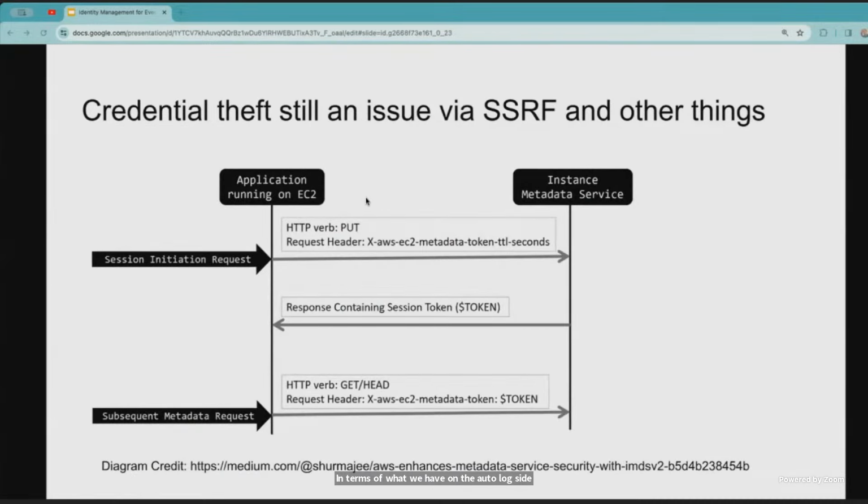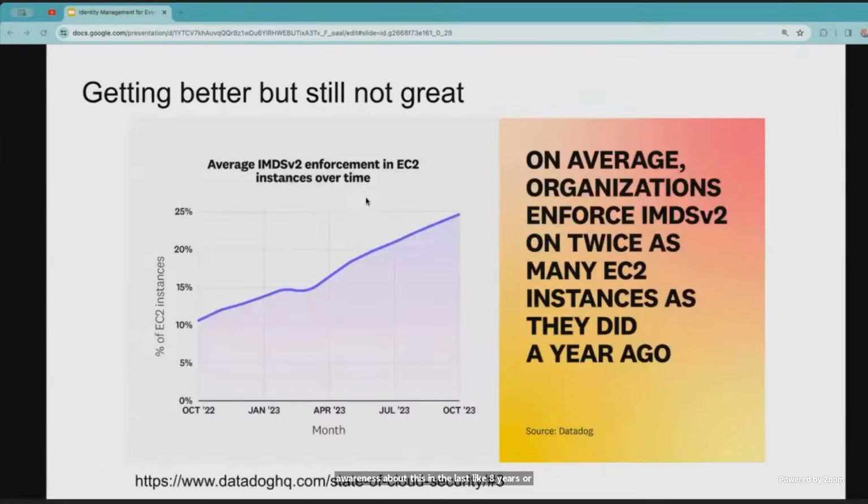Beyond that, in the long-lived credentials, credential theft from workloads is still a big issue via things like SSRF and other things. And we've raised a lot of awareness about this in the last 8 years or so, and adoption of controls for that is still on the rise. But there are a lot of ways that you can exfiltrate credentials from an instance without using an SSRF. So any other way that you can get on that box, you can potentially get credentials from a workload and then use them outside of the cloud provider environment.